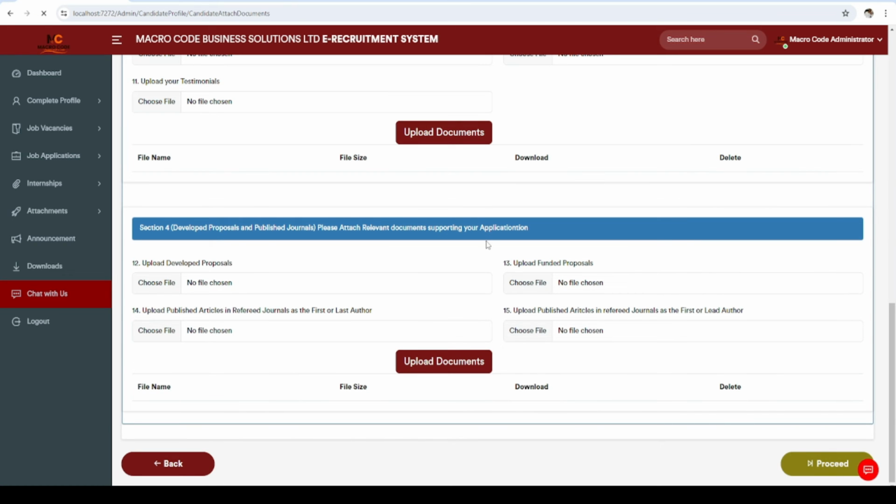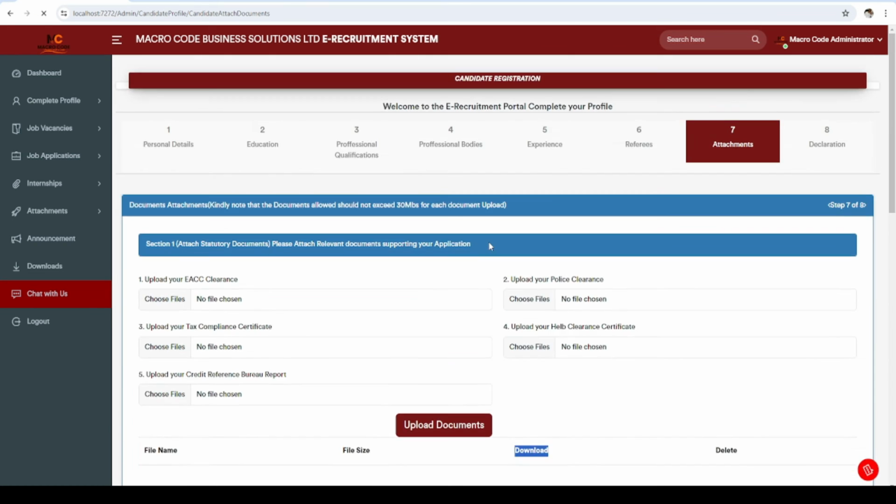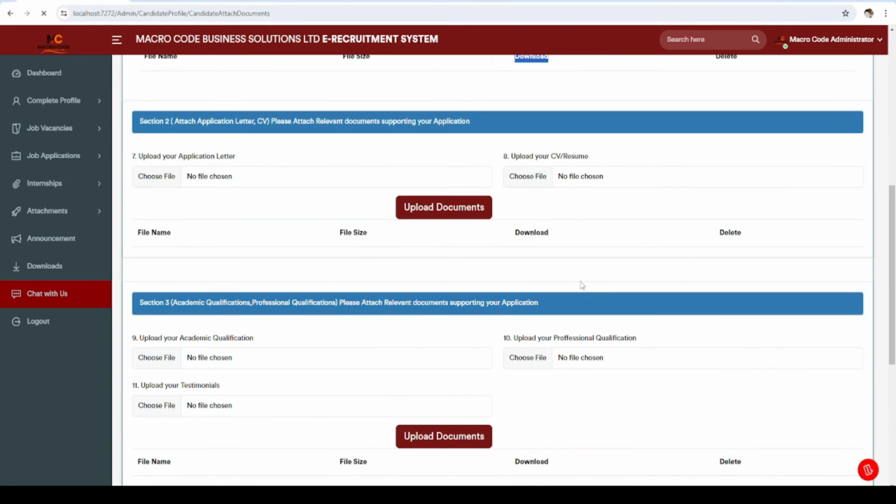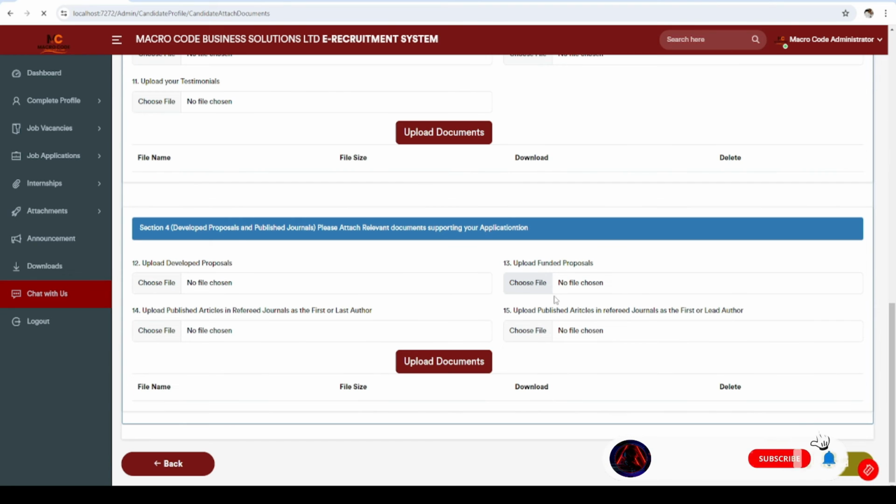Then the next section is for you to complete the profile. That is a declaration that you are making to the employer. So our last tab, you can see we've been following from personal details, education, professional qualification, professional bodies, experience, referee, attachments. Then the last one is declaration. This is just to declare that the information you've provided is correct to the best of your knowledge. Here, the application will send you a summary of your CV to your email, and you should be able to confirm that your application has been completed and you are now ready to apply